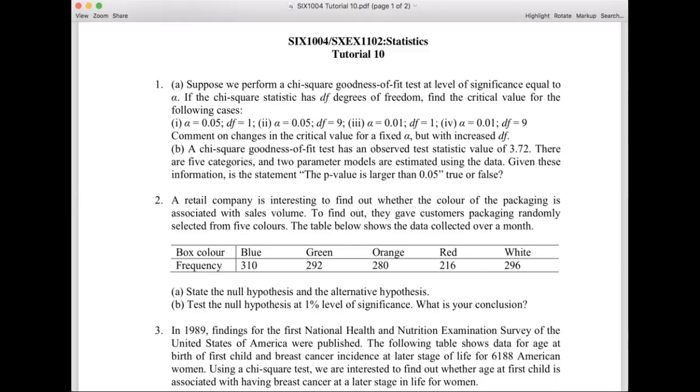Okay, it's basically just this 1 and 2 you can actually find from the table. You can check it with the solution later. Comment on changes in the critical value for fixed alpha, but with increased df, right? So basically, when you increase the df,